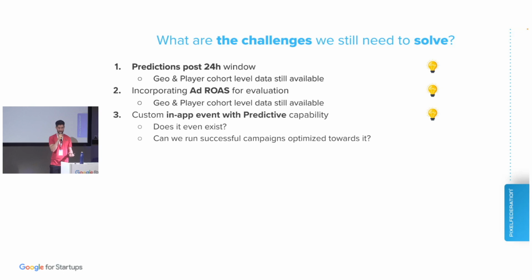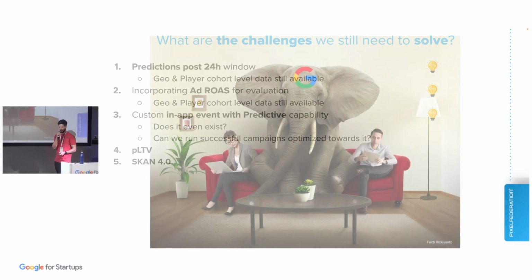We tested a couple of them on another project on Android, and one thing was the campaigns were more expensive than install ones, but they brought even less revenue, so it didn't make sense at all. We would rather go straight away to purchase campaigns for Android because they tended to yield much lower CPAs or cost per purchase. And then obviously player LTV and SKAN 4.0, but I'm not gonna go into that much.